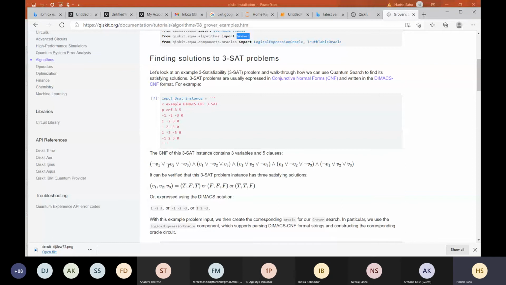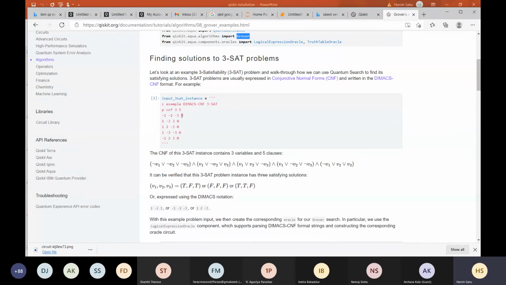For this function we are talking about, 3 is the number of variables, and the second thing is the number of clauses. Clauses means how many of this kind of thing: this is the 1st clause, this is the 2nd, 3rd, 4th, and 5th. These variables are numbered starting with 1. So v1 is represented by 1, v2 by 2, and v3 by 3. Variables are represented by the integers 1, 2, 3, and their negation is represented by a minus sign. So the first clause will be -1, -2, and -3.